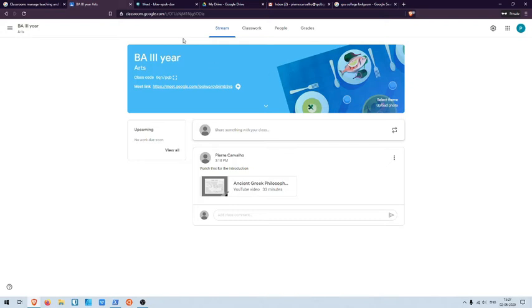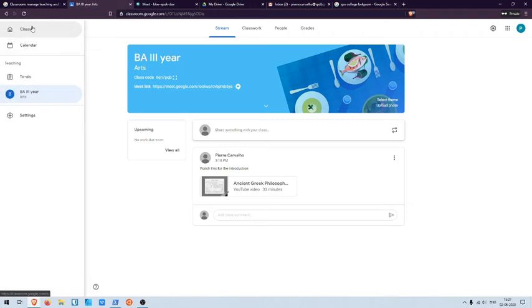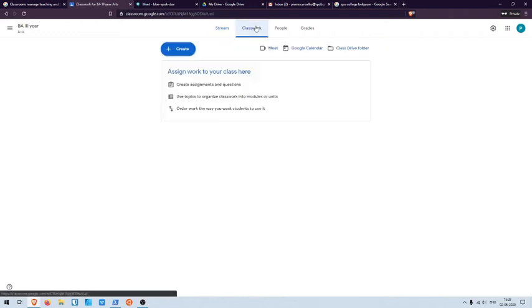So here, let's just go over that once again. On the side, here we have our classes, our calendar, our to-dos. This is what we want to do, and our settings. Our settings are also available here. But then we have the stream, which has all of the conversations that you have with your students contextually located with any post that you put, that is a video, image, link, anything. If a student asks a question at that specific place, you will get a notification. You can come here, and you can answer the student's query immediately.